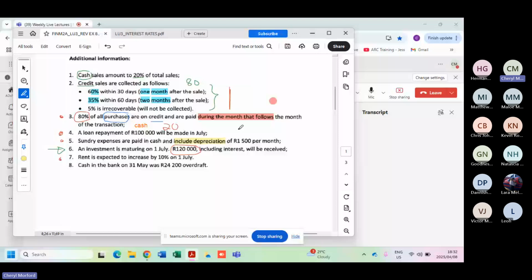So now we say depreciation. Do we actually pay cash for depreciation? No. Right, it's just an accounting book entry. So this is very important. The cash budget can only include items of a cash nature. So if something is not cash, it's not in the cash budget. So what do we now have to do with it? Take it out. We have to subtract it because in here